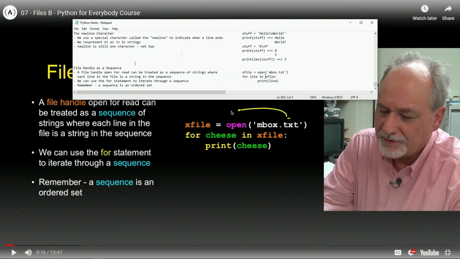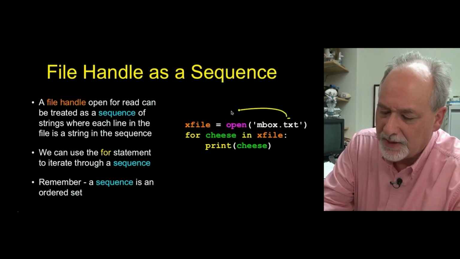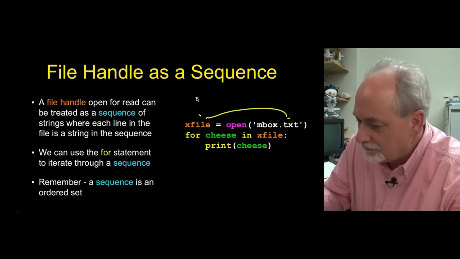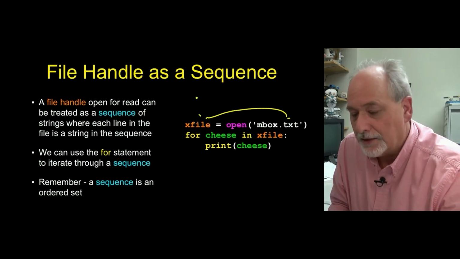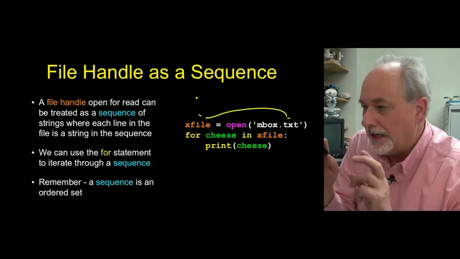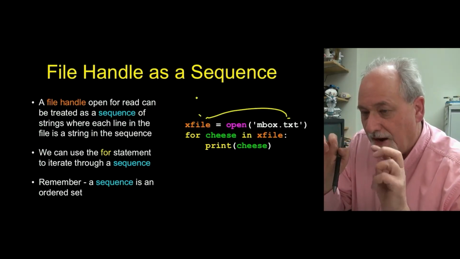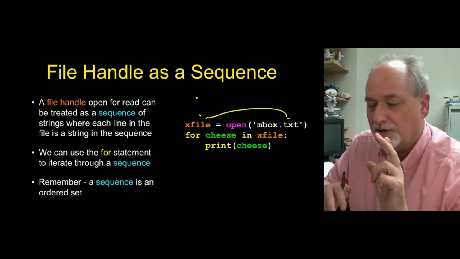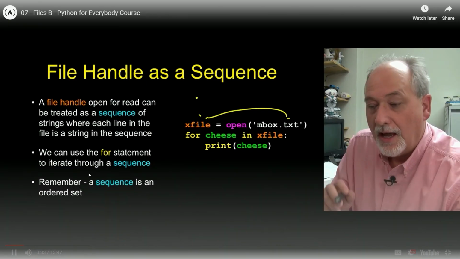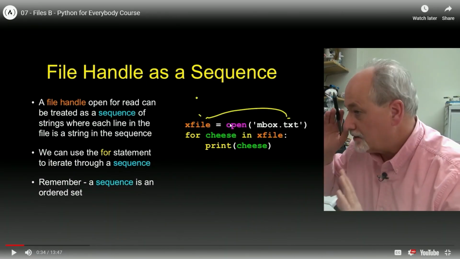I'm pretty sure that's what he's going to say. Let's listen to him say it now. Gives us back the handle. That handle X file is the variable I named. I just named it X file. That's not the data, but it is a sequence. That file handle represents to Python a sequence that we can potentially walk through and then get all the lines.